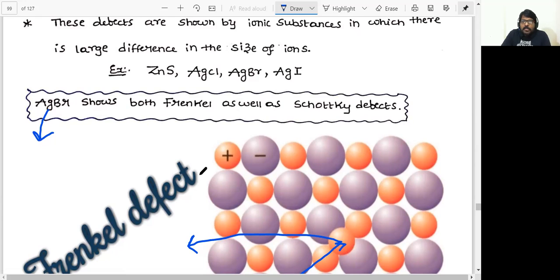And this is about stoichiometric defects. Basically, we have four types: vacancy defects and interstitial defects, which are shown by non-ionic solids, and in the case of ionic solids, we have Schottky defects and Frenkel defects. Non-stoichiometric defects and